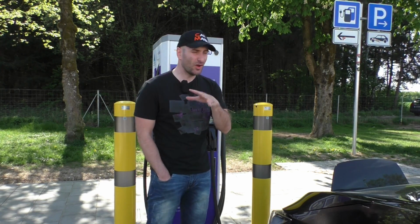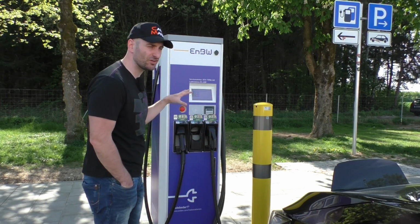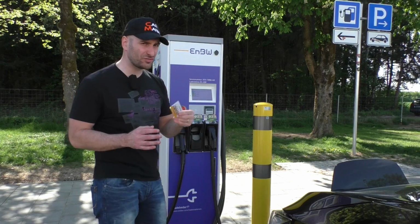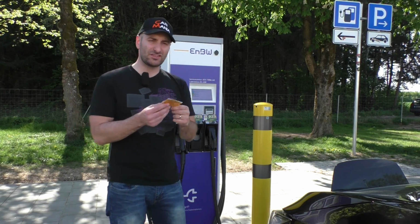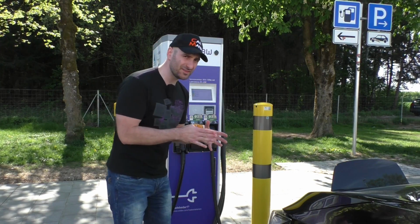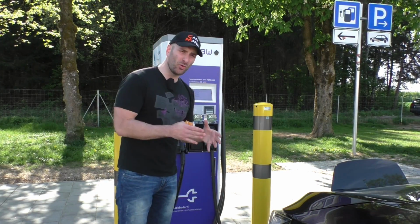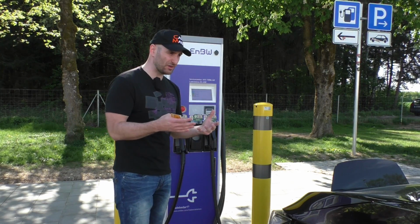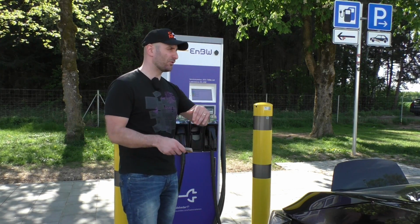Or maybe even a totally different company, because these chargers aren't offered by one common company. You always have to carry around these charging cards, and for each of these charging companies you need a charging card, and that's a bit annoying. Imagine that you'd like to go spontaneously to another country, just like what's close to Munich here where I live,